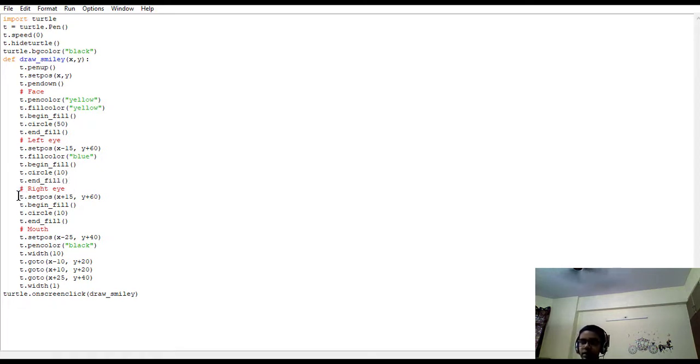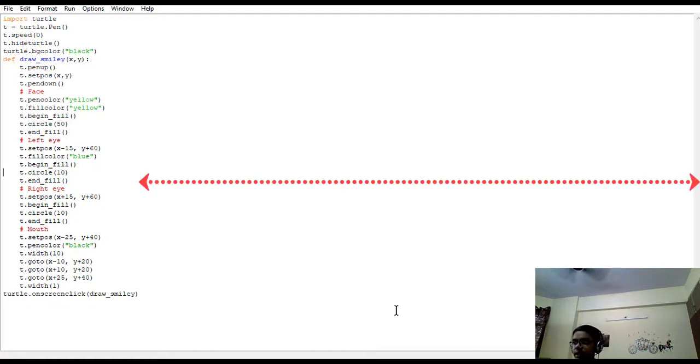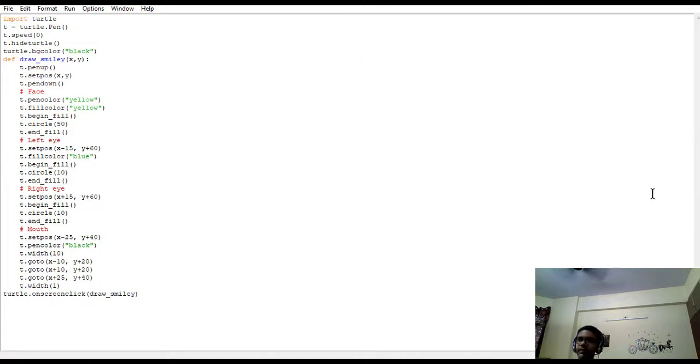Then this is how we will make the right eye. We will set the position to x plus 15 this time because I want it to the right. The x-axis is about here and the y-axis is about here. So the right side would be here. So it would be plus x about here, and y plus 60 as we want it to be at the same height. Then the fill color is already blue.